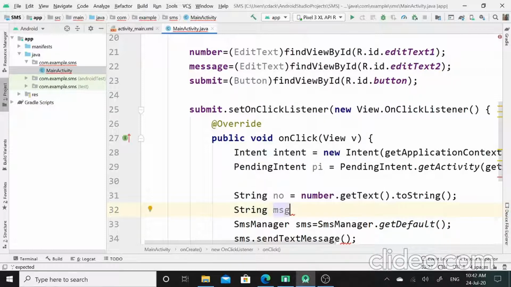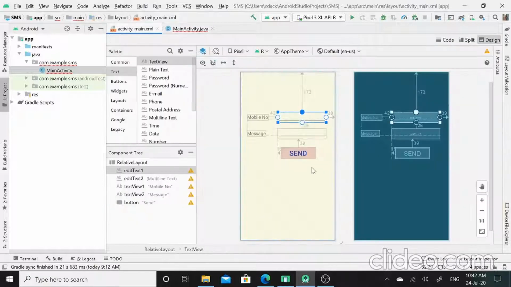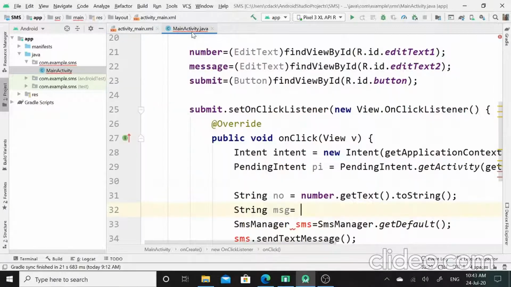Again, I will create another variable that is msg, which is also of string data type. In this next edit text 2, the user will enter their appropriate message. To assign that message to this variable, I will take the help of the message reference.